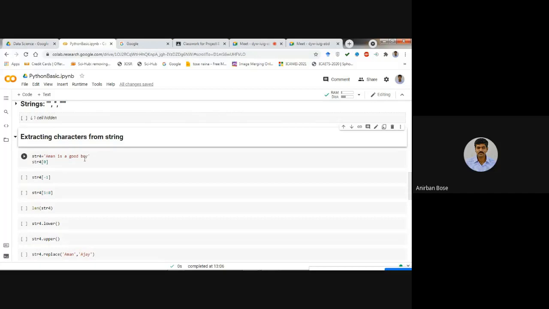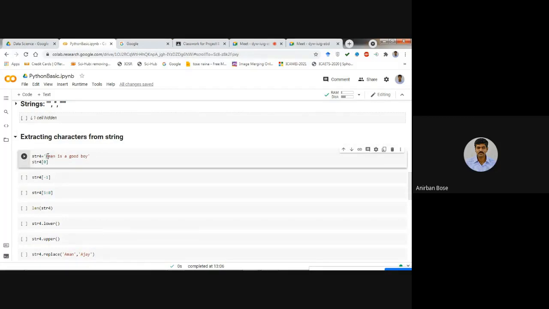If you want to extract A, that means basically the first character A, then you can extract this through index. So what is the index of the first character? The first character, remember, the index is 0.